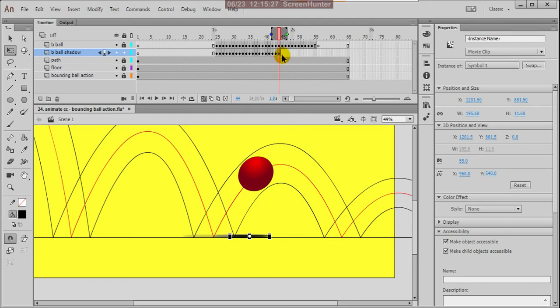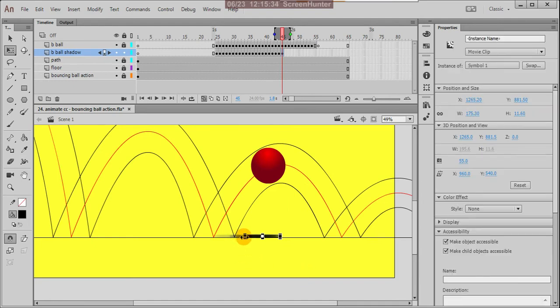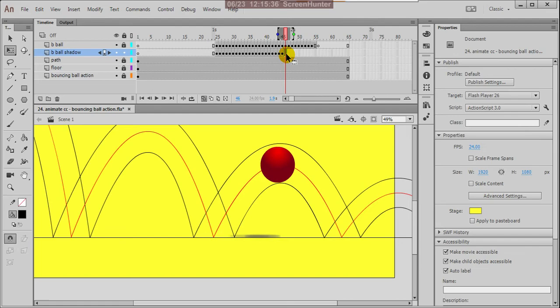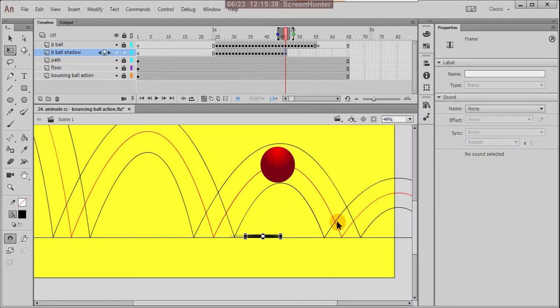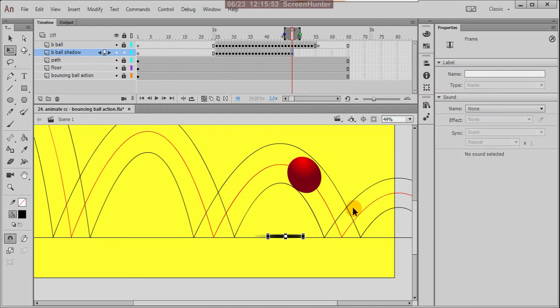Yes, so insert keyframe, insert keyframe, and again here insert keyframe, insert keyframe.